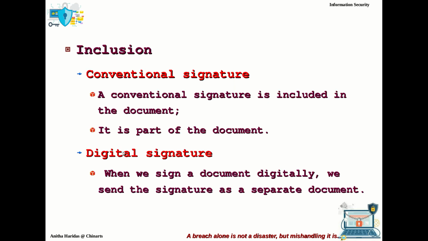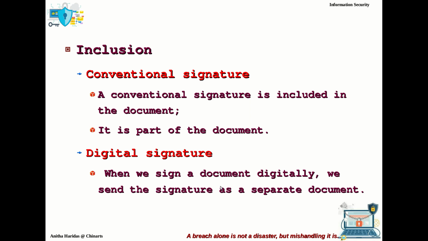Let us see the inclusion part. In the conventional signature, the signature is included in the document and is part of the document. For example, when we sign a check, the signature is on the check. It is not a separate document. It is on the check.